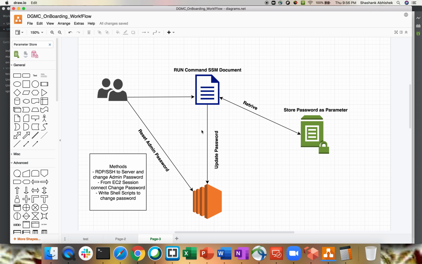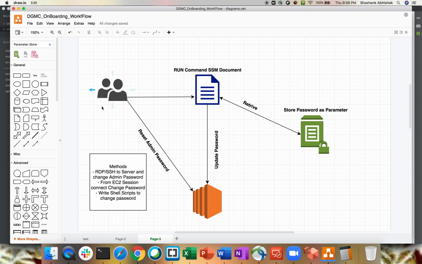Now, to make it more feasible in terms of resetting a password, we'll be using a parameter store where we'll create a string of password, a strong one, and use that password to run the command or PowerShell script that is going to update my admin password on EC2 instances across 1,000 instances. So don't you think this is one of the best feasible ways that Amazon has given us to run across our huge environment?